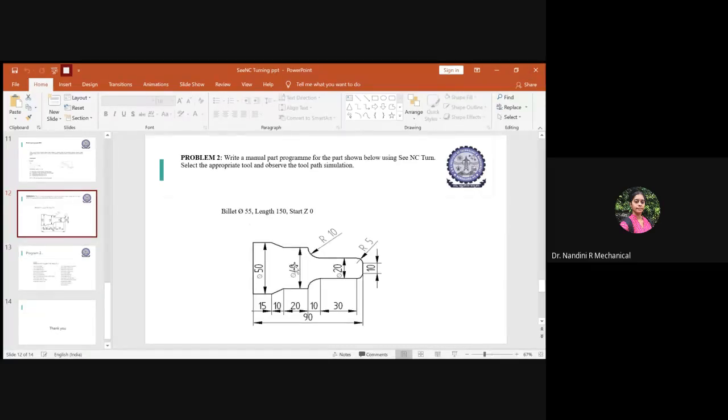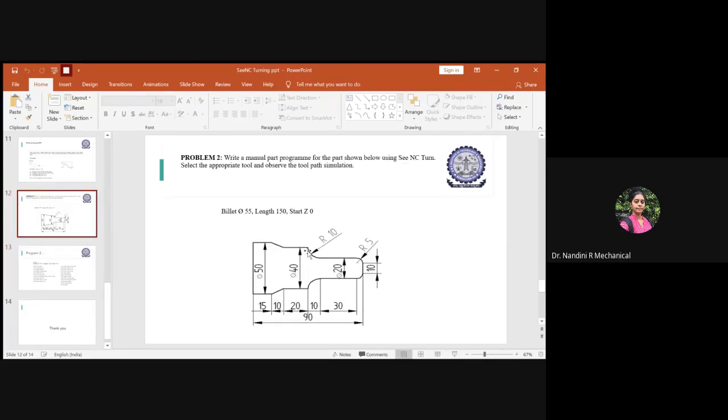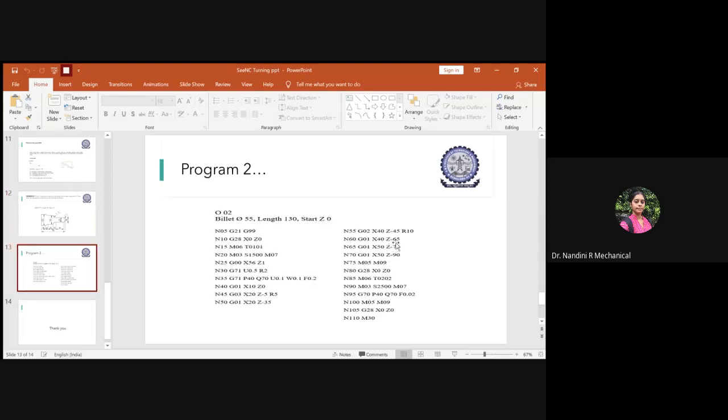So then from here you have some values of taper. So what is that? But still it is a linear interpolation, only variation with the height. So you have to give G01. Okay, we were until R10. So this is also over. Okay, so we were in Z 35, 45, 65. Okay, we were at Z -65.